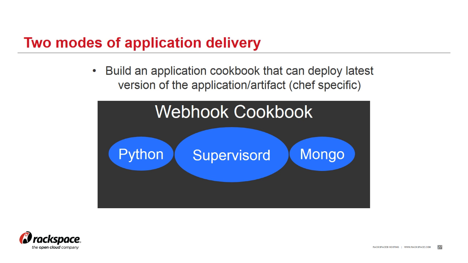Our software doesn't have an init, it doesn't have any way of running itself, so we use a tool called Supervisord to make sure that the service is running. And finally, it requires a local Mongo database, so we install that. And basically, like with the webhook, when we want to deploy a new version of the webhook, I can go